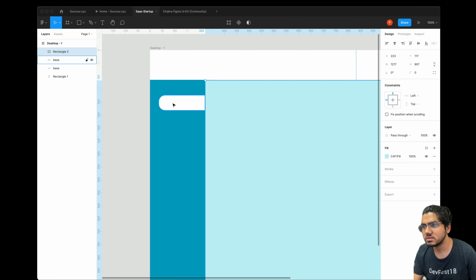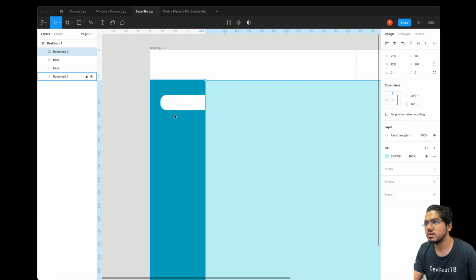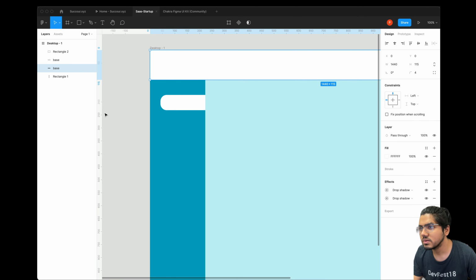Okay, you can see it's looking a little bit similar right now. And we'll remove all the shadows and all which we don't need right now. And yeah, it's pretty similar right now.